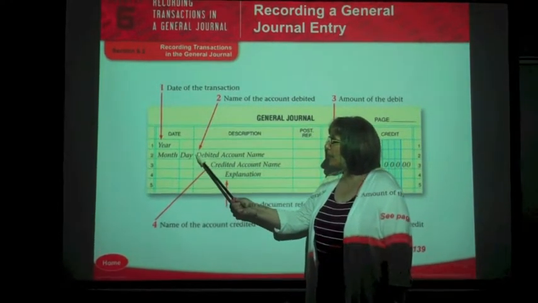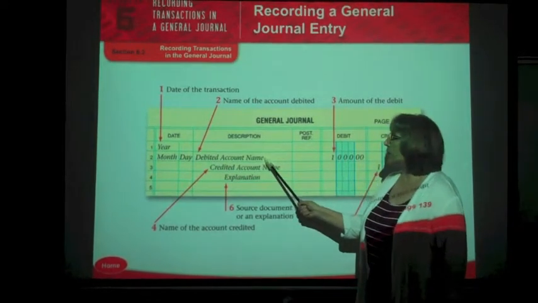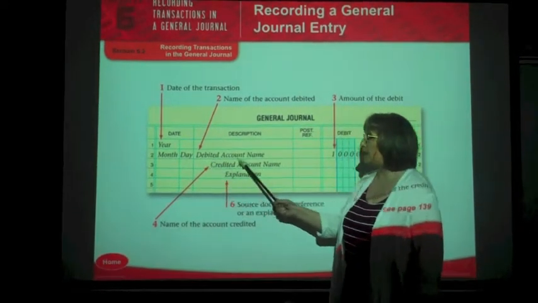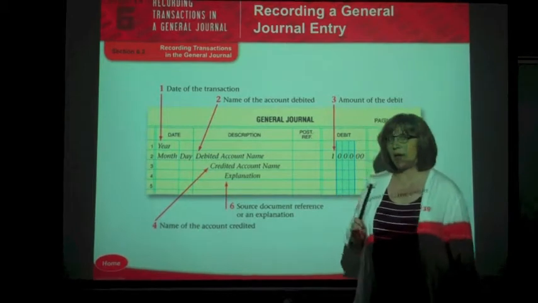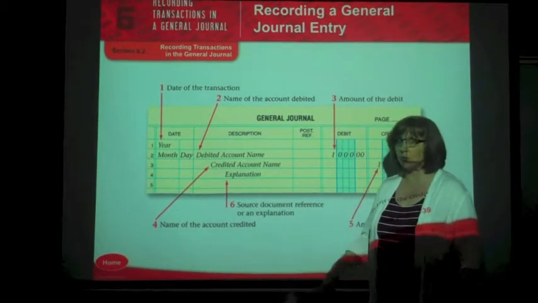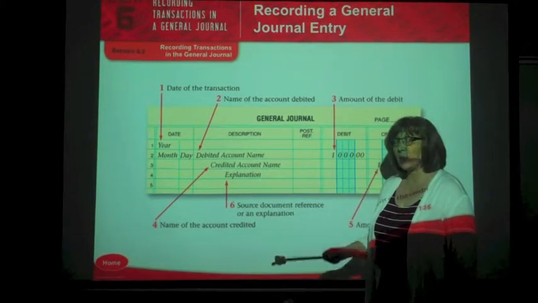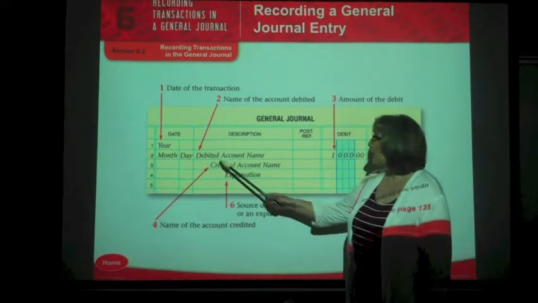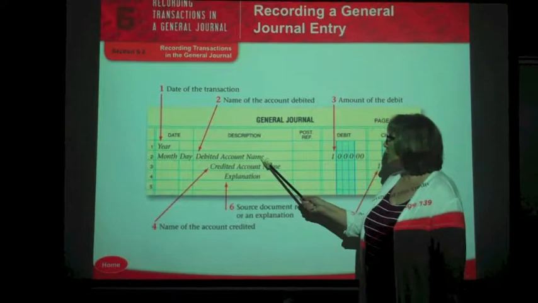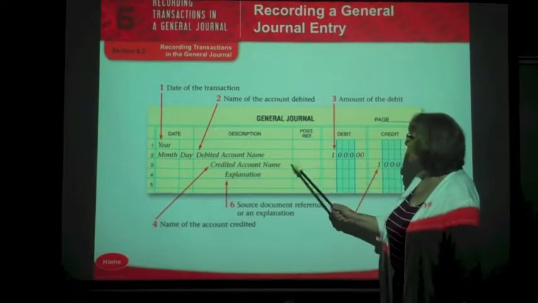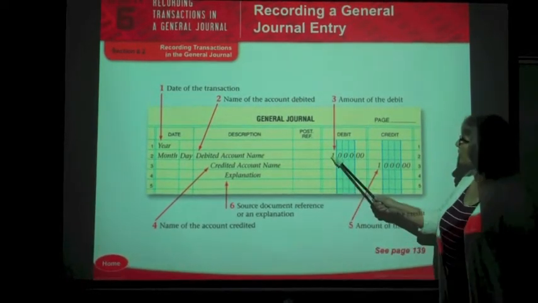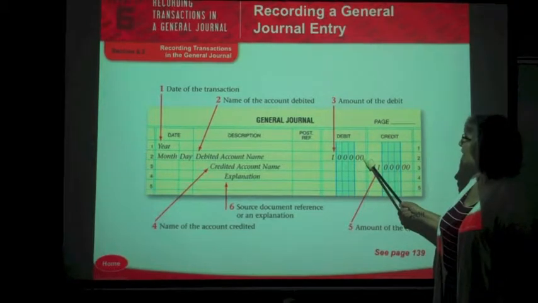Right up next to the line, we're going to write the account name that is going to be debited. So you're going to have to think ahead. What are the two accounts or multiple accounts that are going to be affected? And if they are debited, we're going to list them first. So we're going to list the debited account name first. We're going to skip over post-reference for now, and we're going to record the amount of the debit on the